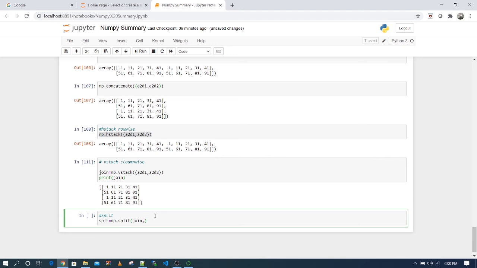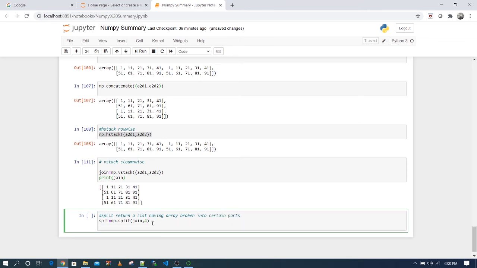So if you specify 2 or 4, depending on that it will split your matrix, into 2 parts or 4 parts. Split returns a list having the array broken into certain parts. So you got the definition.